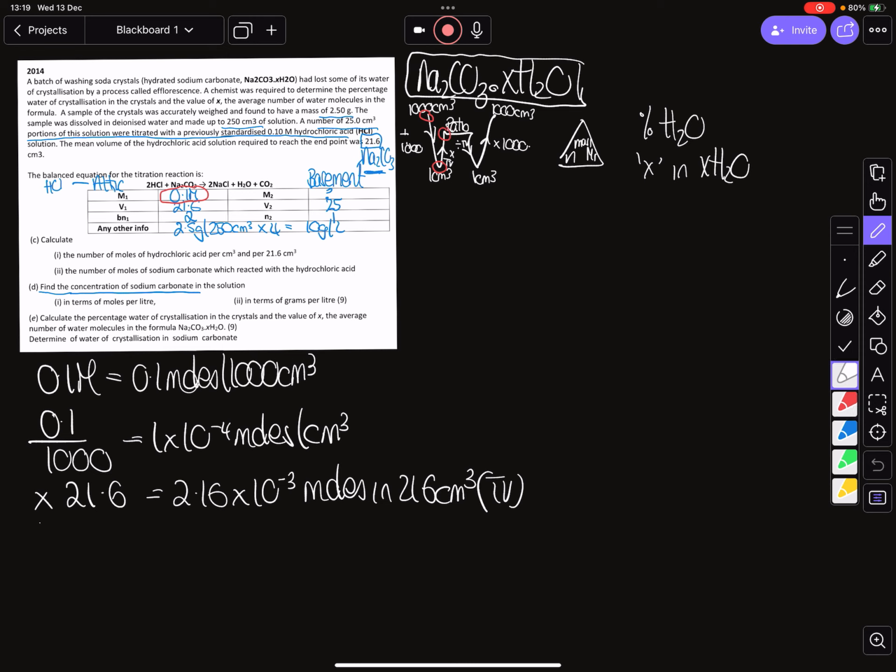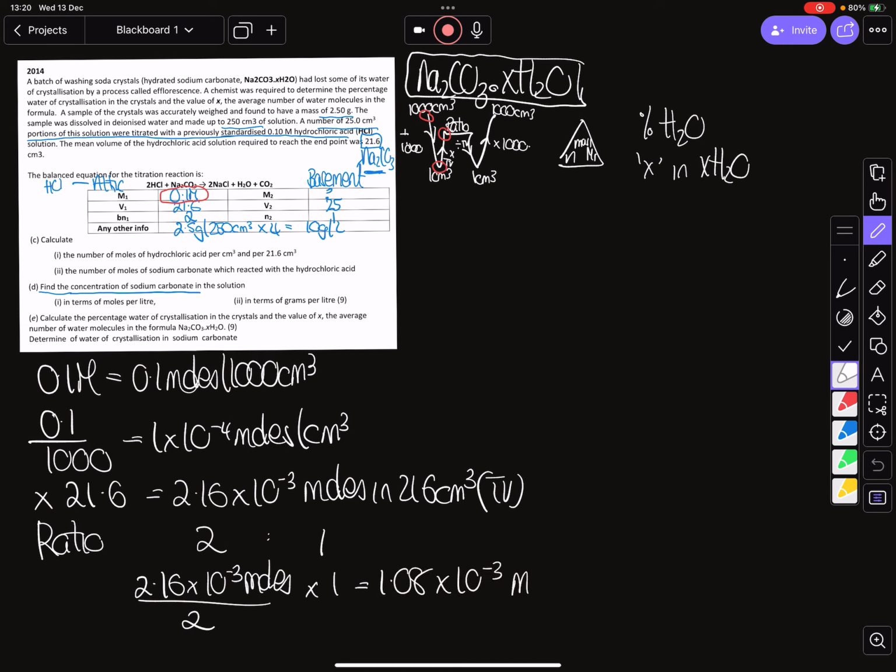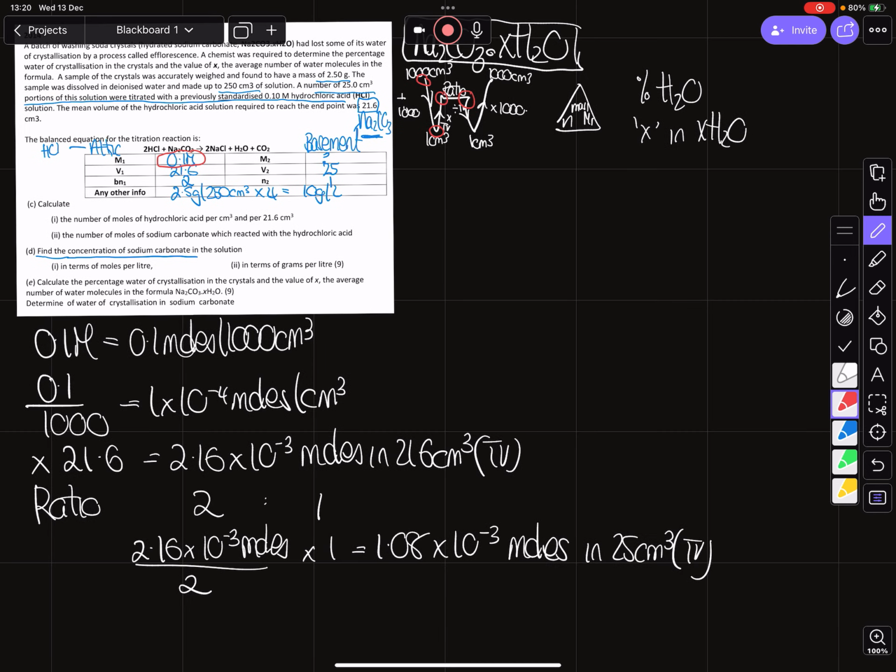So that has brought me to this part. So now I'm going to apply my ratio, and my ratio is 2 is to 1, and the 2 being 2.16 by 10 to the minus 3 moles. So I divide that by 2, multiply it by 1, and I find that I will have 1.08 by 10 to the minus 3 moles, and that is going to be in 25 centimeters cubed, and that is my other titer volume. So we're now across this part of our W. So we're going down now. So down is a division, and the division is going to be